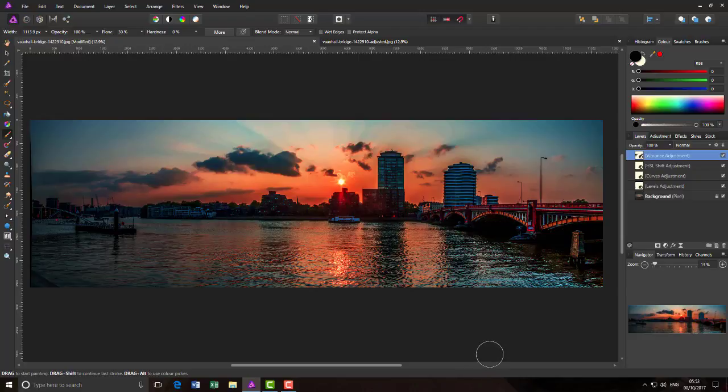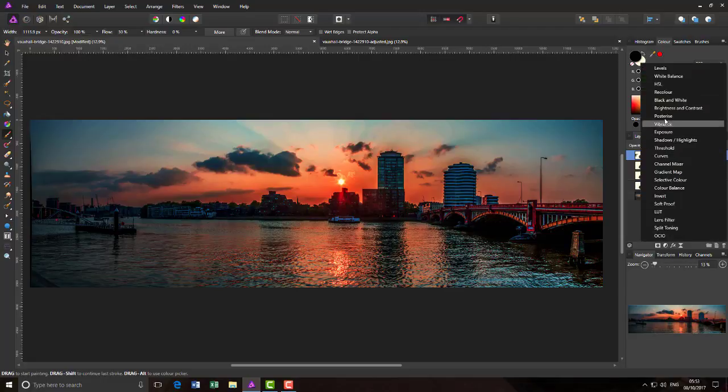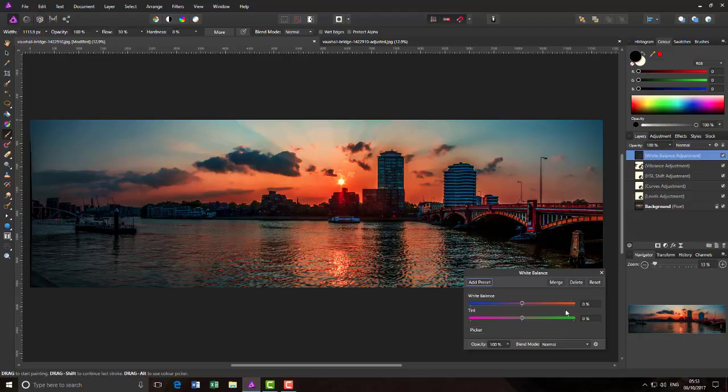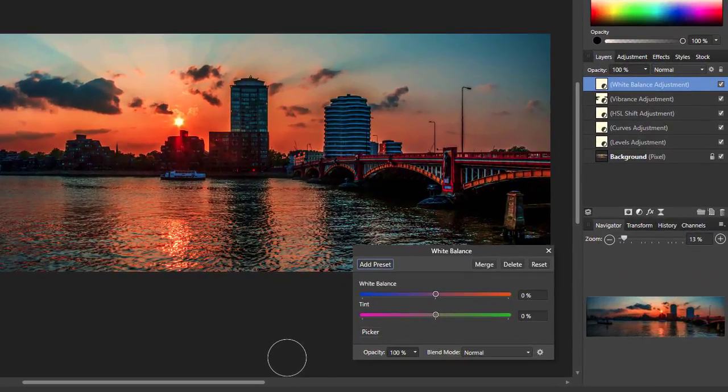So we're moving on to our next adjustment, which is going to be the white balance. So I'm going to click on that, come up to white balance. Now white balance, again I'm not 100% sure if I'm totally correct in this, but basically you can alter how it should have looked at the time if you'd had your white balance set correctly on your camera, because you can set white balance for being indoors or under neon lights or in a cloudy day or a bright day,